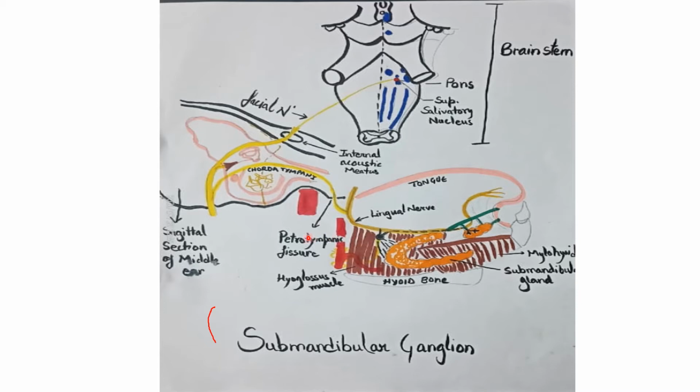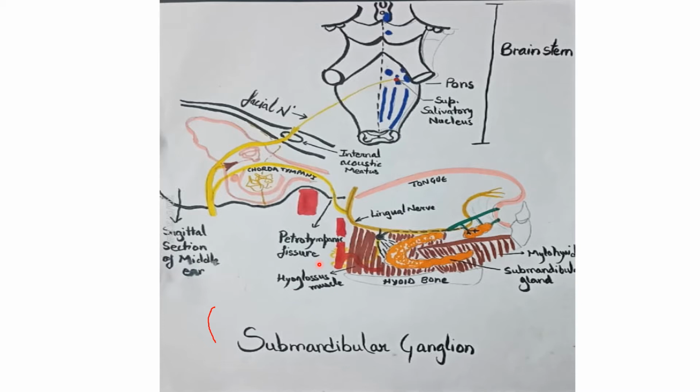They are coming from a ganglion. So actually there are postganglionic fibers from the ganglion called the superior cervical ganglion. The postganglionic fibers are arising and forming a plexus around the facial nerve. And from this plexus, the fibers go to the submandibular ganglion, and then from the submandibular ganglion to the submandibular gland. Understood? Now, if you ask me, the ganglion of the sympathetic trunk is the superior cervical ganglion.